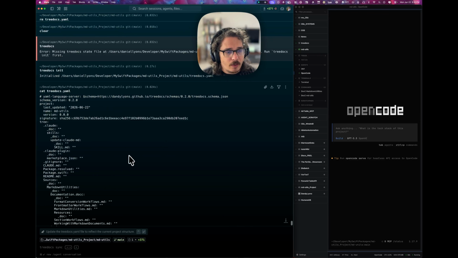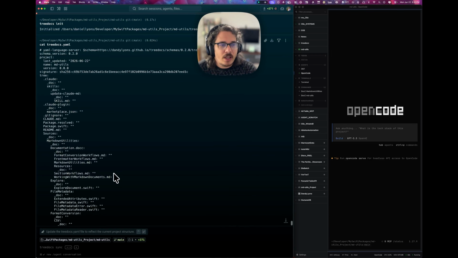So now we just fill in all of these strings. You can fill it in directly in your text editor, which isn't too hard, but we have a little bit of tooling to make that a little easier. Let's see what happens when we use treedocs sync for the first time. Now, treedocs sync,